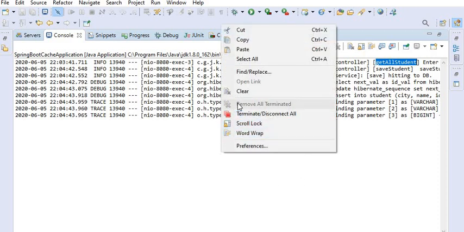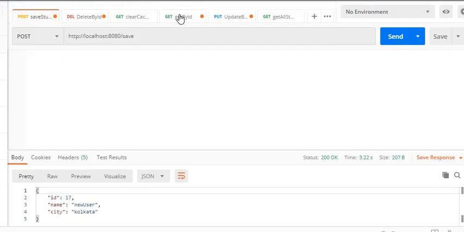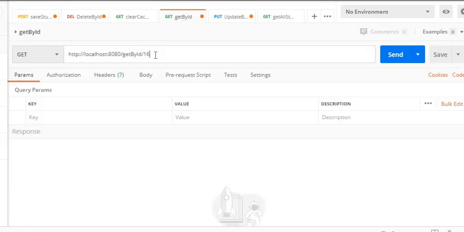Now I will clear and now I will get by ID. First time when I get student by ID, it would get from database and send it.